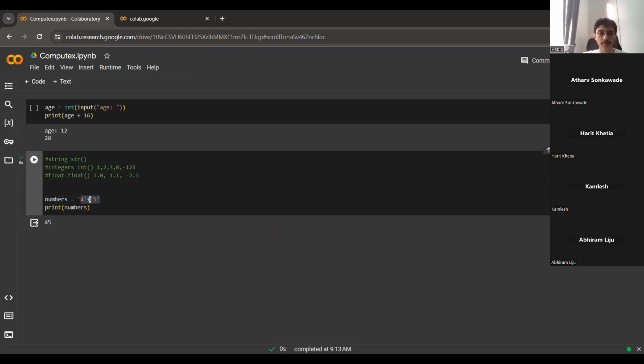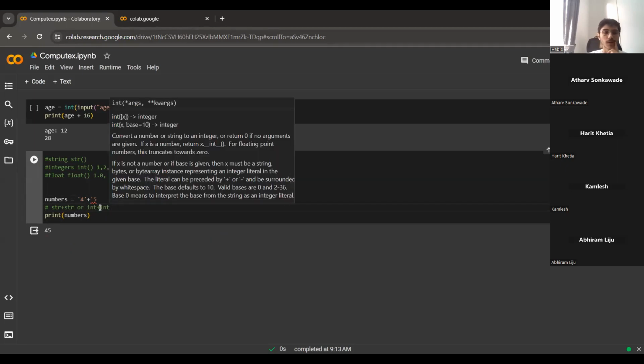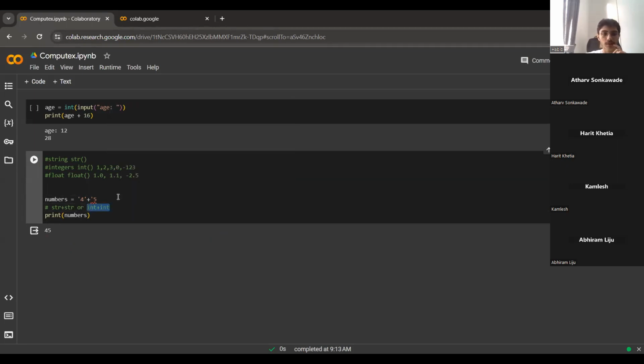So if you're using this plus operator, you can either do it with string plus string or integers plus integers, right? They have to be of the same type. If they're both numeric, you'll just get the normal sum. And if there's strings, it's just going to join up the strings. Instead of 4 and then 5, you get 45 in a single string. And then we also have